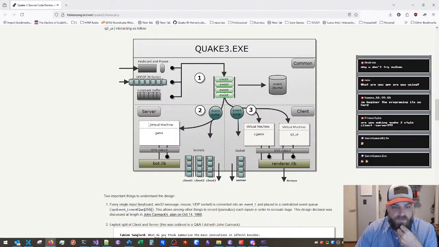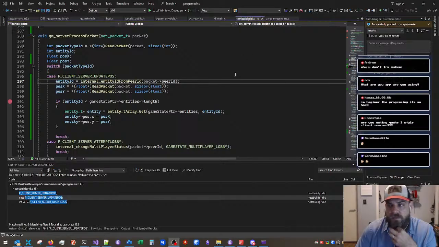So, there isn't a separate module. And then you get to communicate to the server. If you're the server, you're going to communicate to the clients. I don't have virtual machines in the sense of a custom language that you have to compile or anything like that, but I do have the DLL acting as its own enclosed unit. So whenever I want to render things, I'm actually calling the engine to do the rendering. So that makes it a lot easier for me if I need to change to, quote, why don't you try